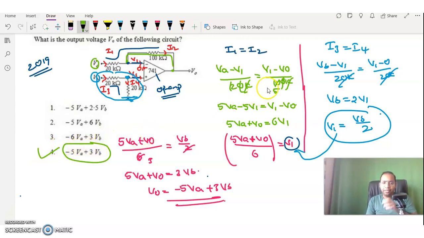So I hope all of you understood the procedure here, how we solved this one. How come I1 is equal to I2 and how come I3 is equal to I4, and how we need to take the expressions. Fine. So with the help of both these, that means whatever topics we discussed now, this question as well as the previous question,